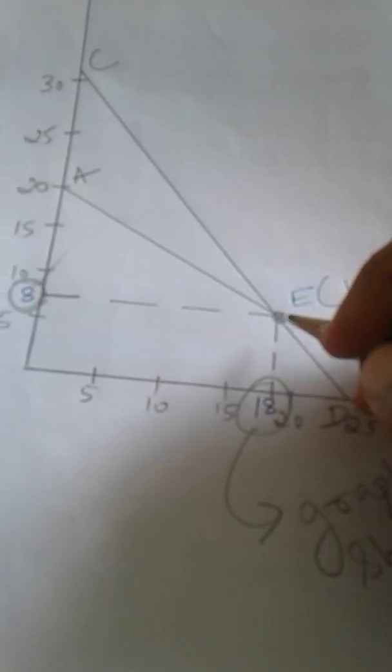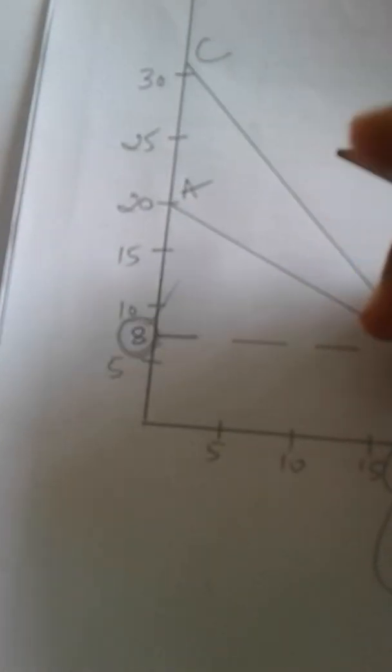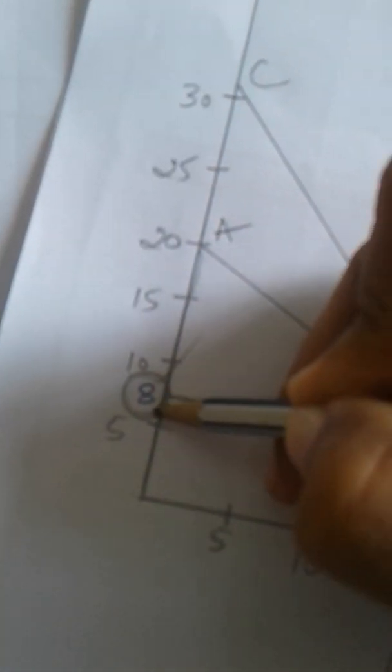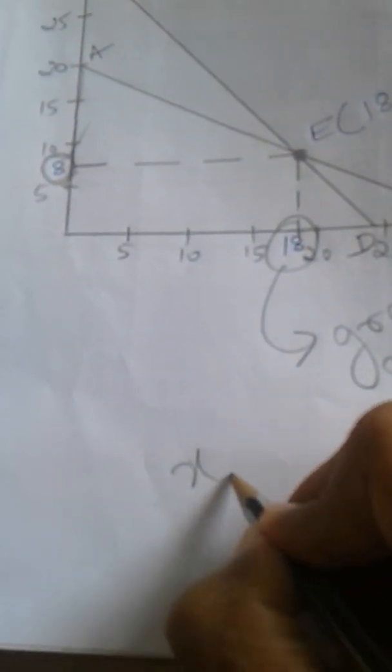Next, we have to determine the required area. Now what does this required area mean? What it says is, for point A, x2 is smaller than or equal to 20. x2 smaller than or equal to 20 means x2 ranges from 0 to 20. Now that required area is this.